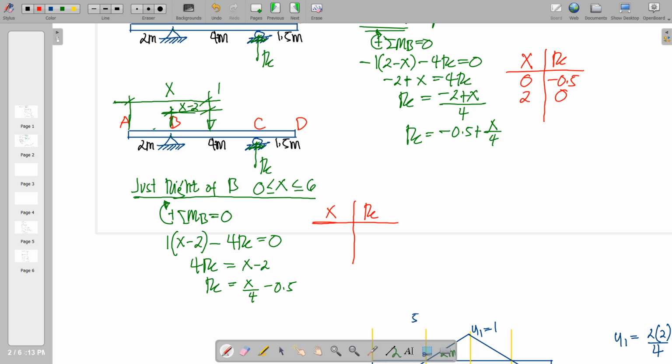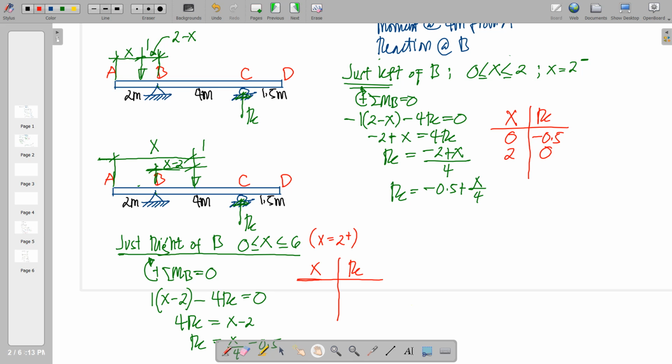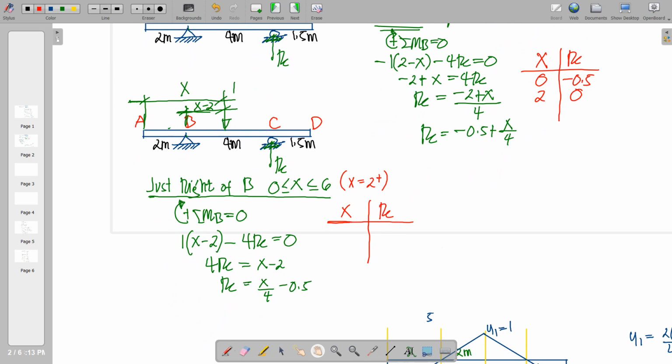So your x now will be set to 2. By the way, this one is wherein x is 2 plus. A while ago, we had x equal to 2 minus. So now x will be equal to 2 plus. With that, we should start with a value of 2.